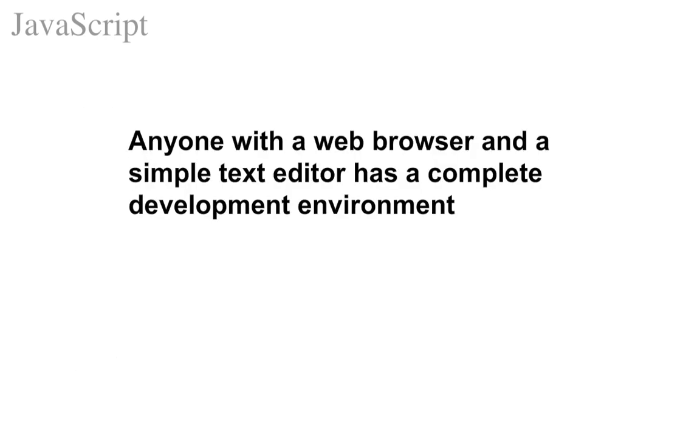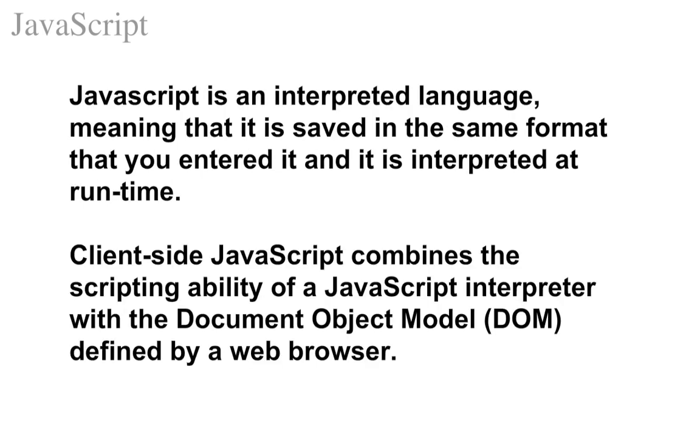Client-side JavaScript adds behaviors to otherwise static web content. Anyone with a web browser and a simple text editor has a complete development environment, just as with HTML or CSS. JavaScript is an interpreted language, meaning that it is saved in the same format that you entered it, and it is interpreted at runtime. Client-side JavaScript combines the scripting ability of a JavaScript interpreter with the document object model defined